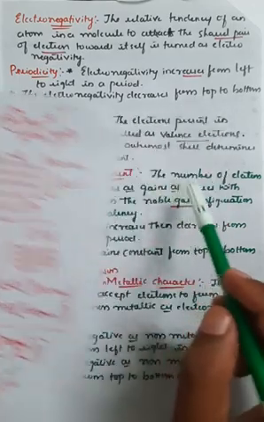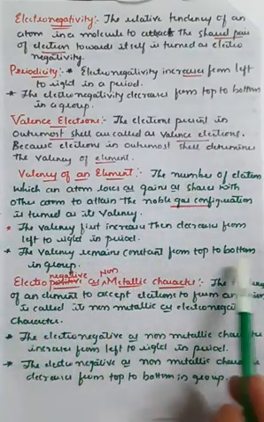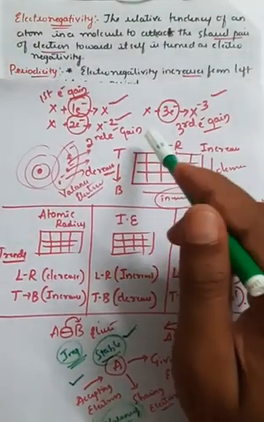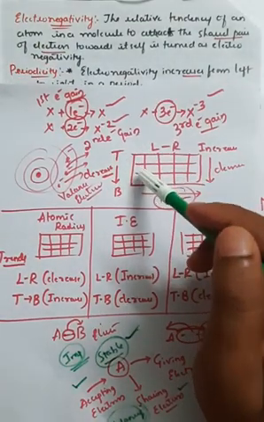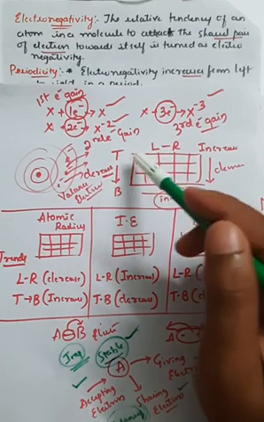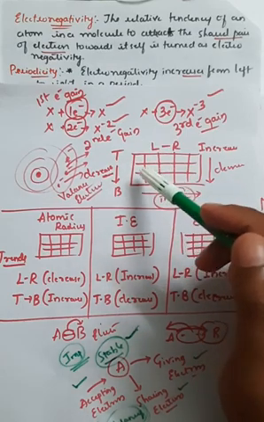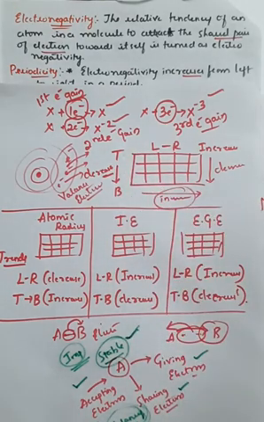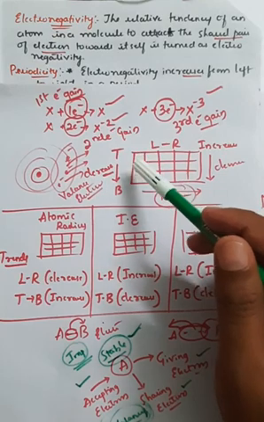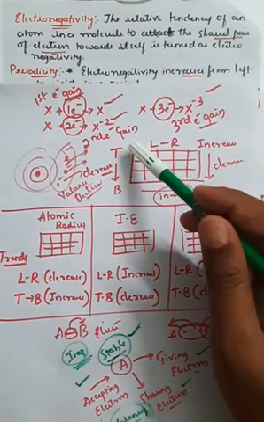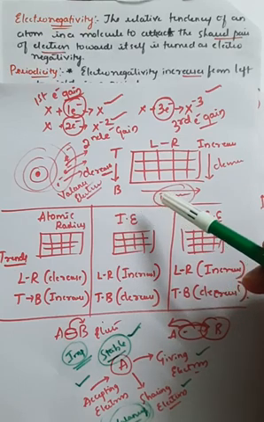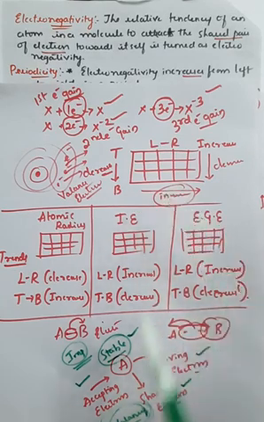Similarly, when you come from top to bottom in groups, the valency remains constant, which means the number of electrons removed by the first element and the last element are the same. The elements present in a particular group are grouped on the basis of their valency, right? So first element, second element, third element, fourth element, from top to bottom, have the same valency, which means the electrons present in the last orbit are the same, right? This is a very important trend in the periodic table.